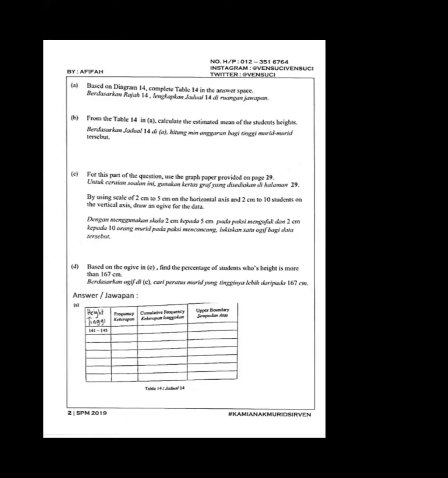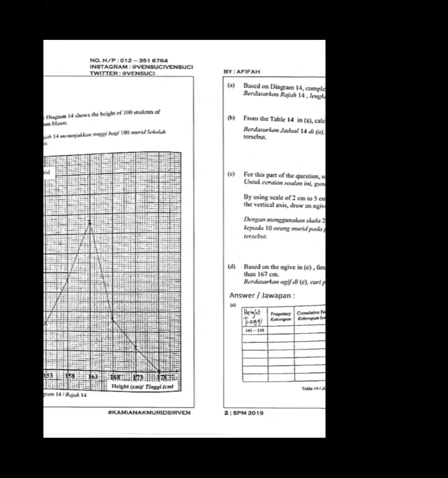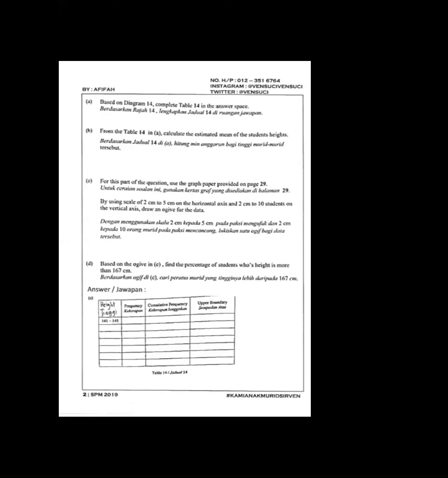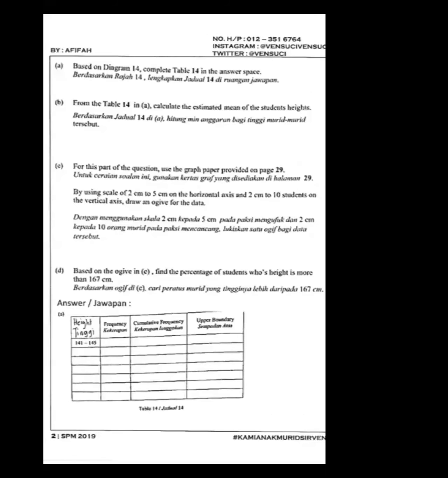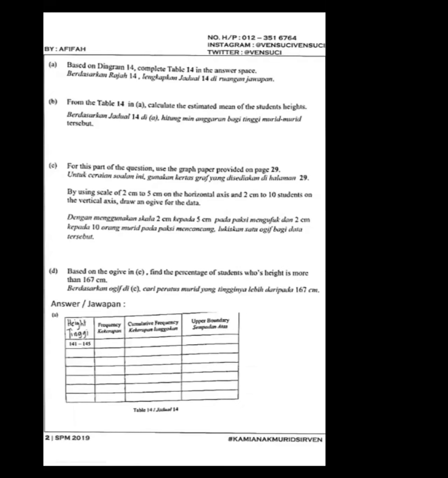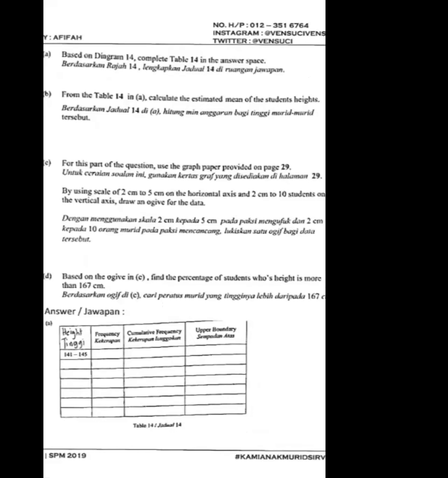For question 1C, it says that you need to have your own graph paper and draw by yourself. For this part of the question, just use the graph paper provided on page 29. I think using your own is much better, because I don't think there is any graph here for you to draw. Use a scale of 2 cm to 5 cm on the horizontal axis and 2 cm